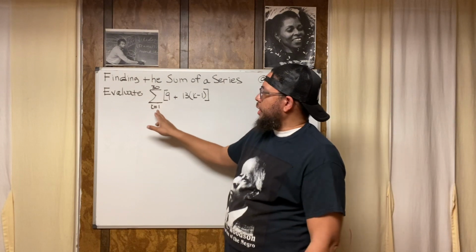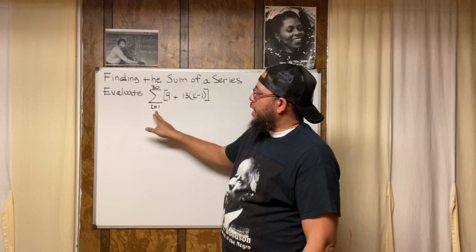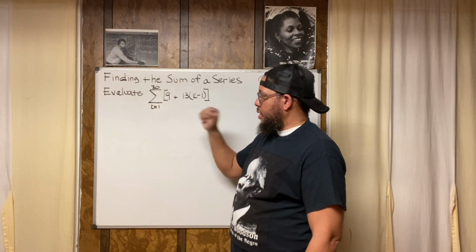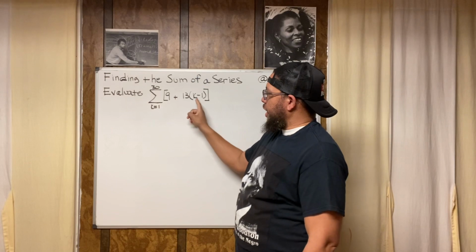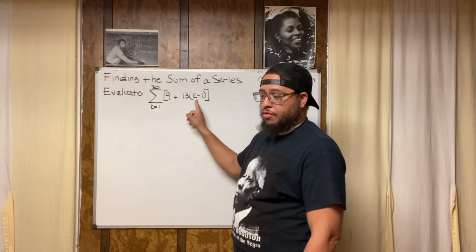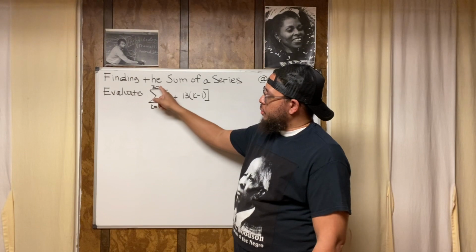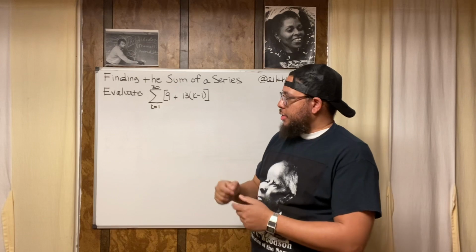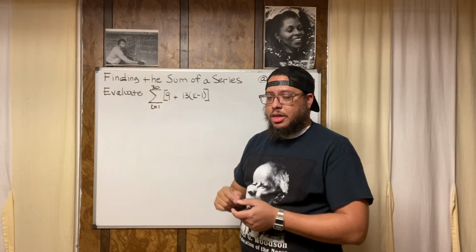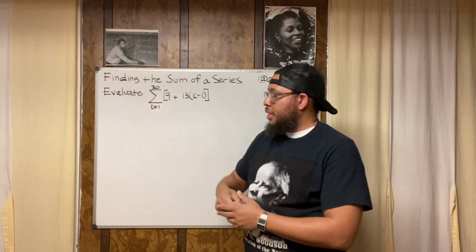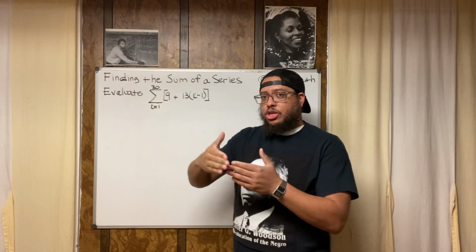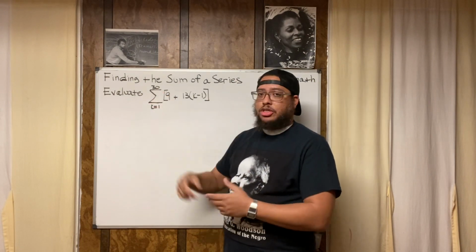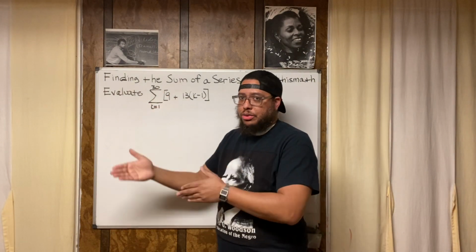So this number down here, I believe this is called an index. k equals 1 means that's the first number that we're going to utilize in the series. We're going to input that wherever we see the variable k, which you see right here. And we're going all the way up to 30. So we would input 1 and then do the calculation, and then we would input 2 and do the calculation, and then we would input 3 and do the calculation, then we would input 4 and do the calculation. And you would do that all the way up until 30. And then sigma instructs us to add up all of those values.